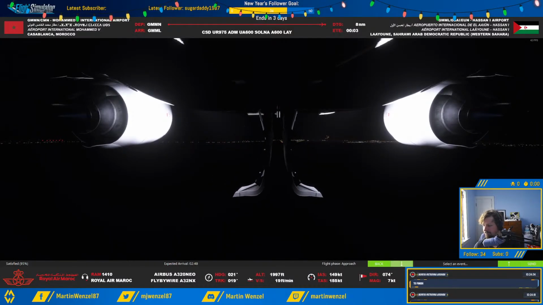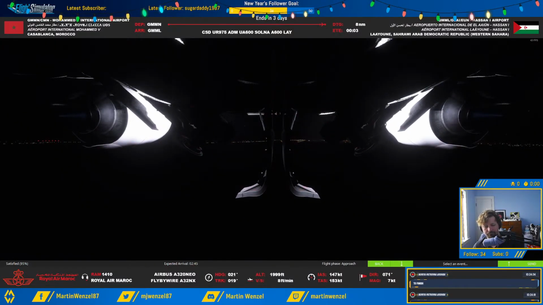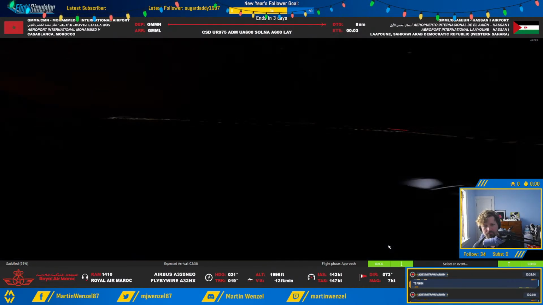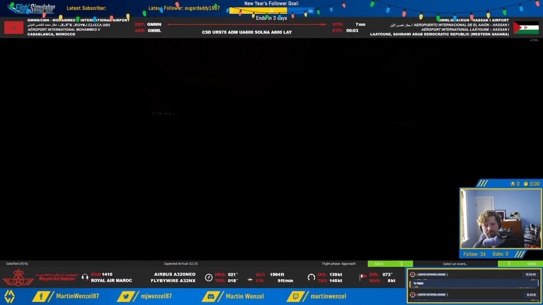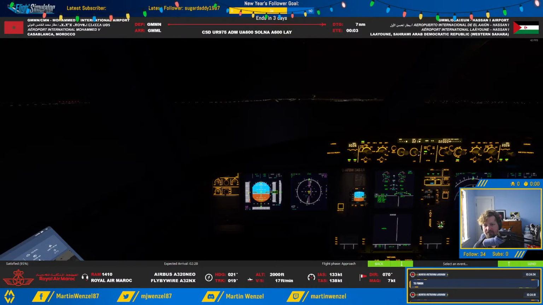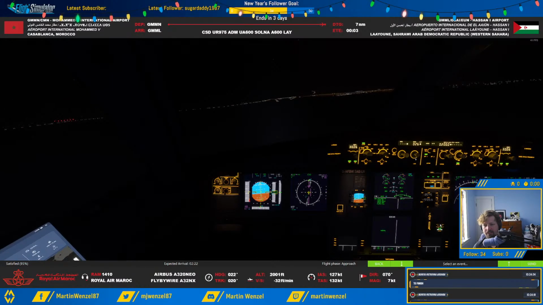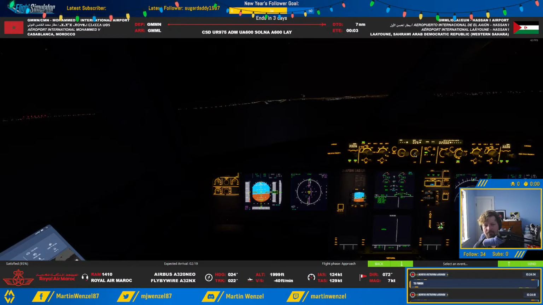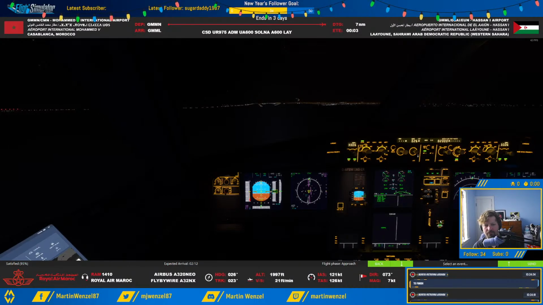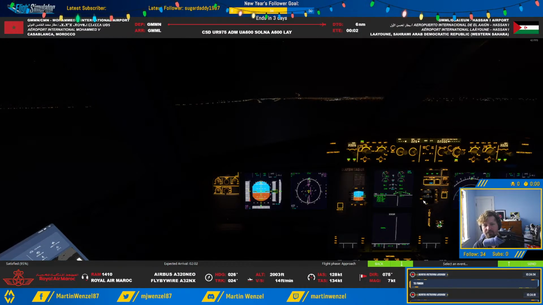Any gear down. Okay, so let's see, we're a little bit off. Right. Recapturing the glide slope. Doesn't look like it's doing it. We're gonna take this in autopilot because